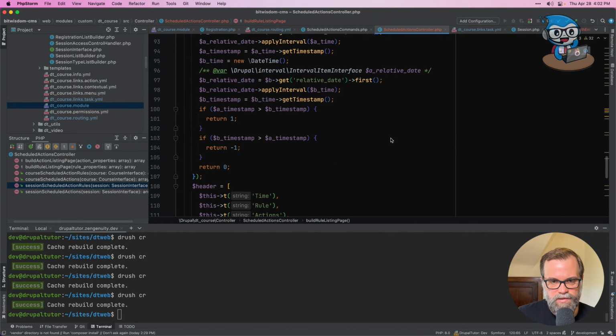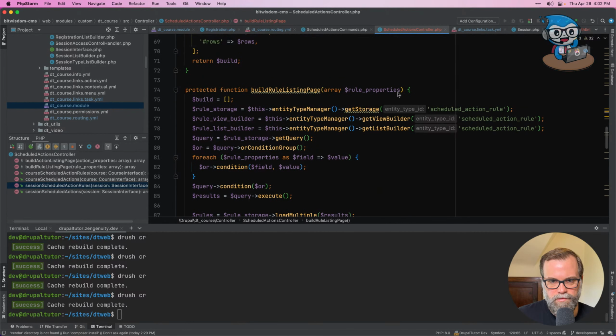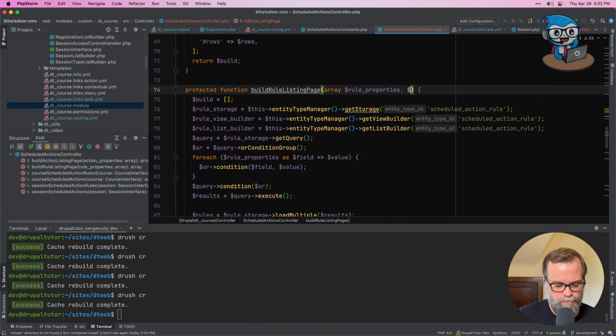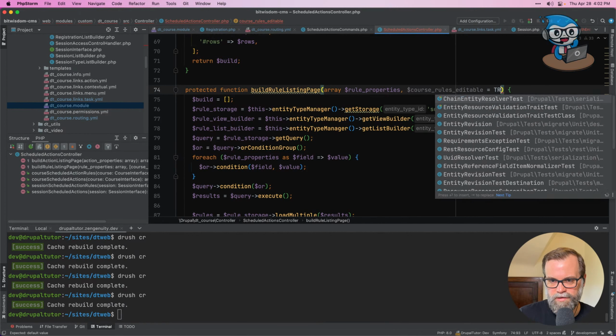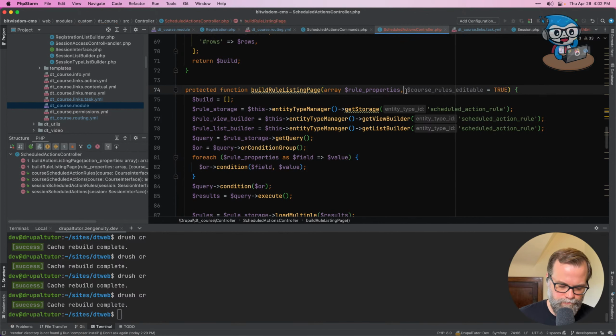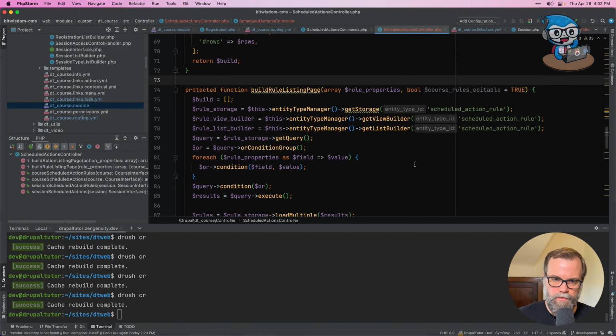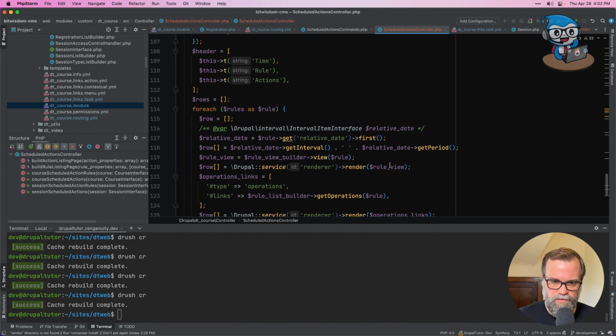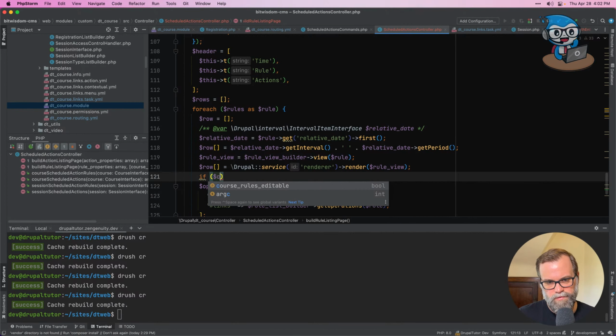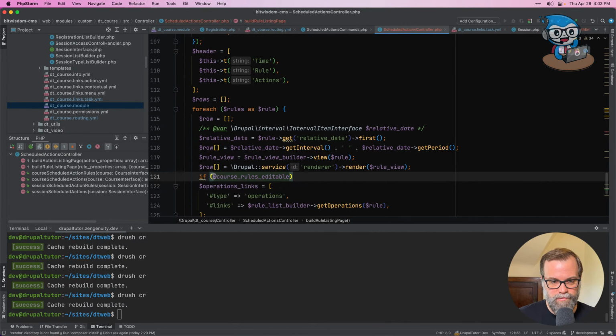So maybe what we need is a course rules editable equals true, like a new parameter here. And then in here, if the course rules are not editable,